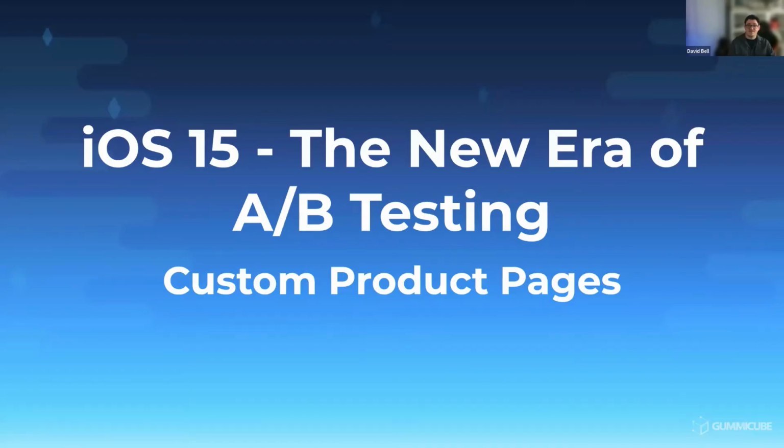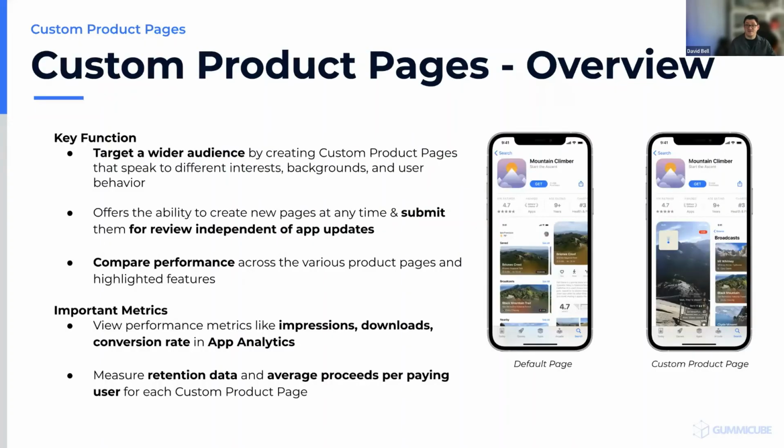The other thing that Apple's giving us is custom product pages, which is the ability to have literally different pages that users land on from different channels. Now, at the end of the day, we know that users behave differently depending on what you're marketing in a channel, what your creative assets look like, and the user experience they're coming in from in the channel that you're advertising in. Now, we can look at scenarios where you can potentially have campaigns focusing on different features of your app and give users different experiences based on those features that you're marketing when they land in the store, which is an incredible opportunity to boost conversion for your marketing.